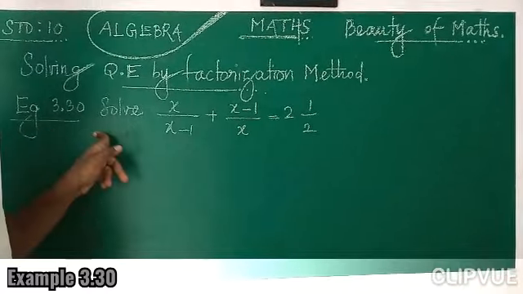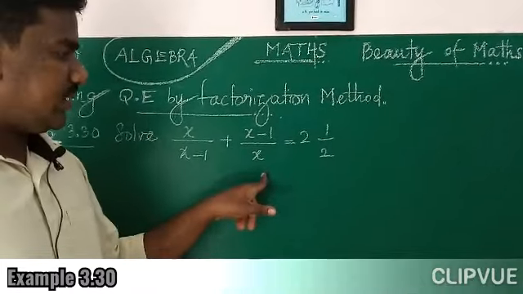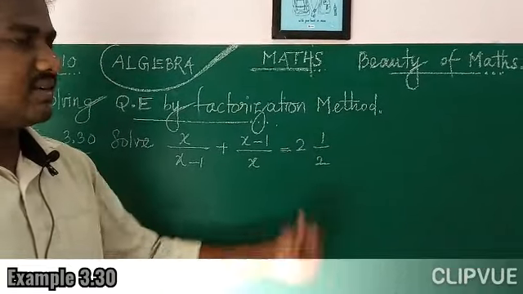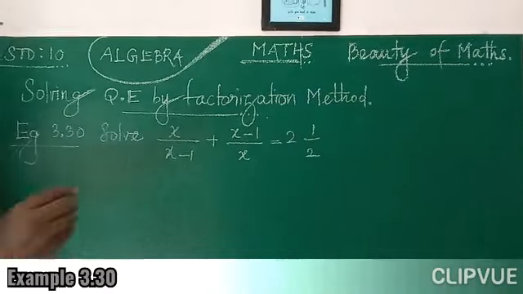Example number 3.30. Solve x by x minus 1 plus x minus 1 by x is equal to 2 into 1 by 2. It is in mixed fraction form. Here rational expressions are given. Better we assign,